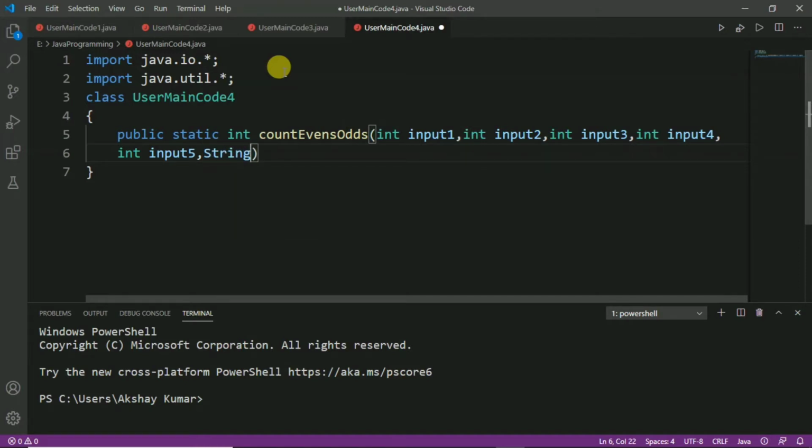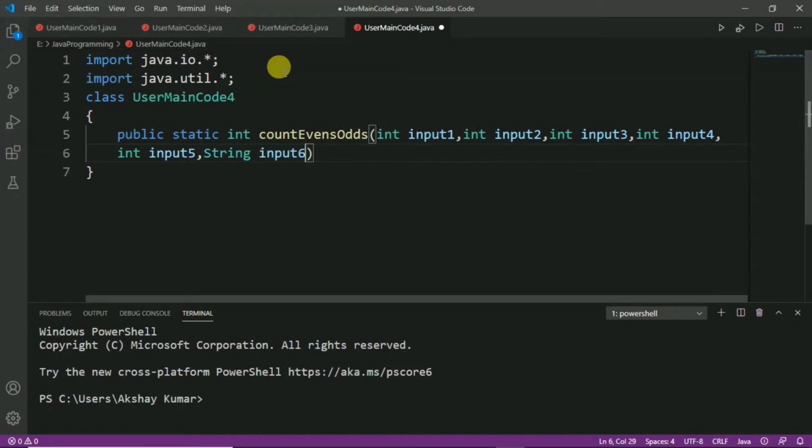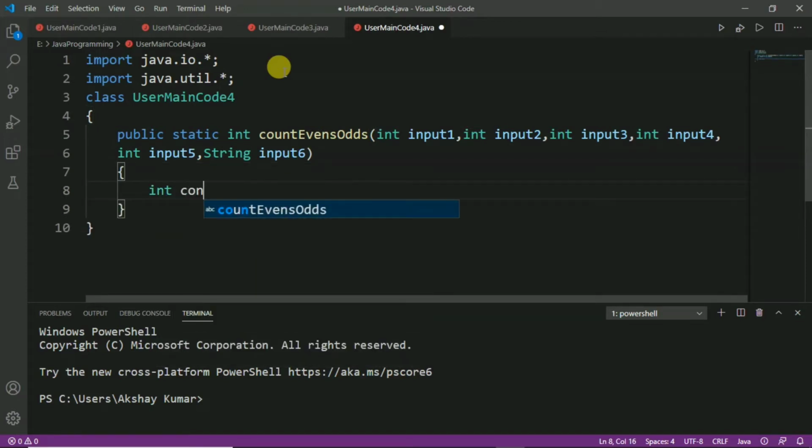So, we write String input6, and after that we will define a variable named count and initialize it to 0.